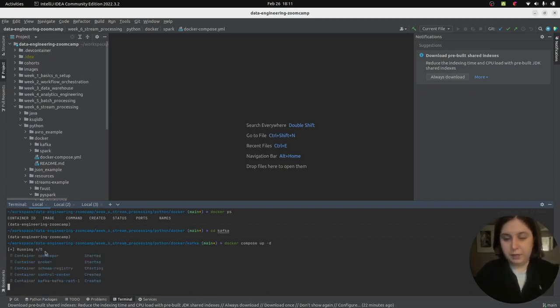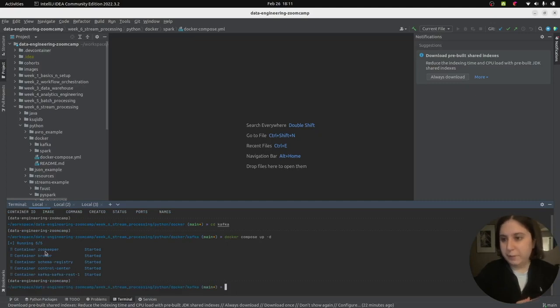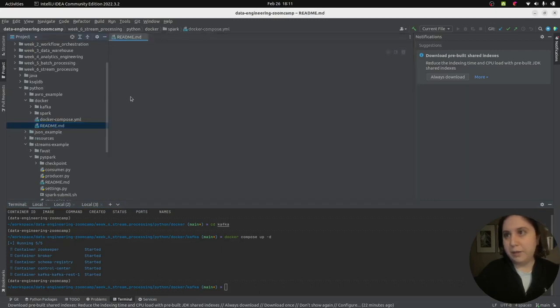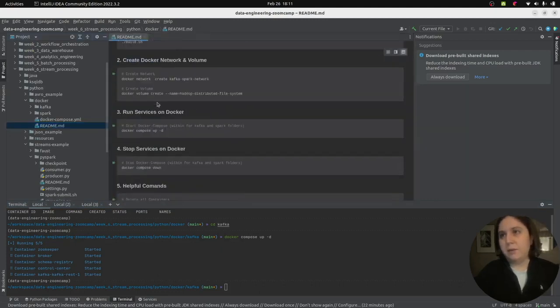This is creating, as in the previous session, the Kafka services. And I would also like to mention, like in the README, we needed to